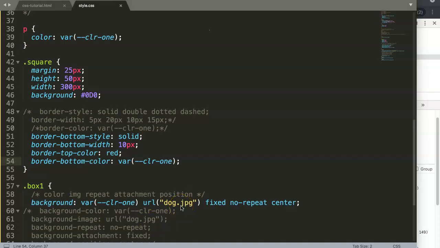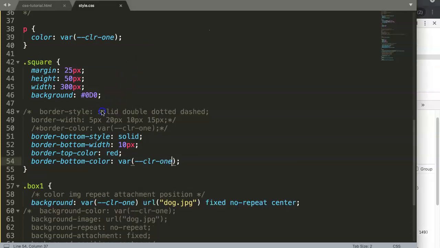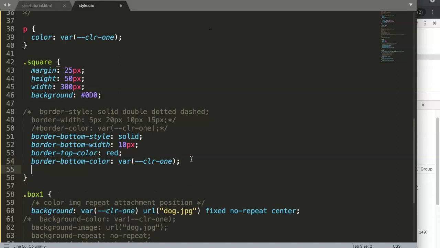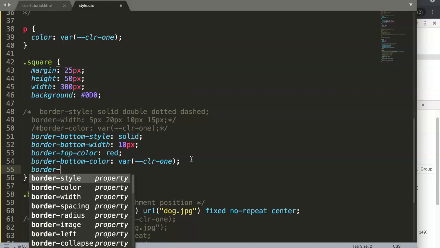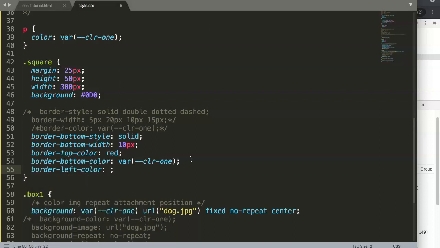In this video, we're going to explore how we can give, in our current design here, the left side of the border a nice color as well. So what we can do here is the following. We're going to use the border-left-color property, and with this property we can give a declaration of, let's say, a different color, so we have different items here. So to do this, we need the border, then left color, and then in here we can say